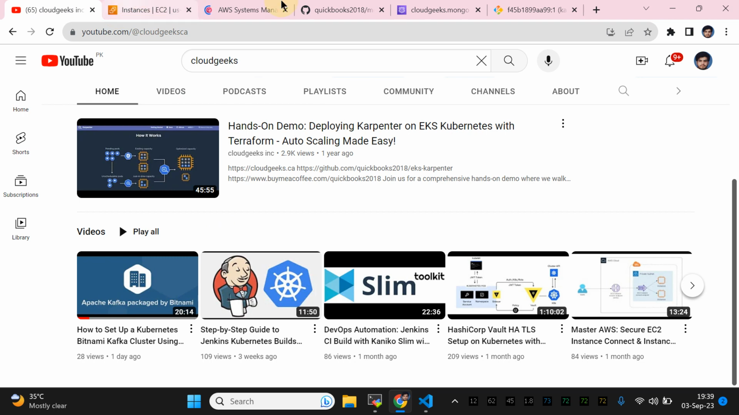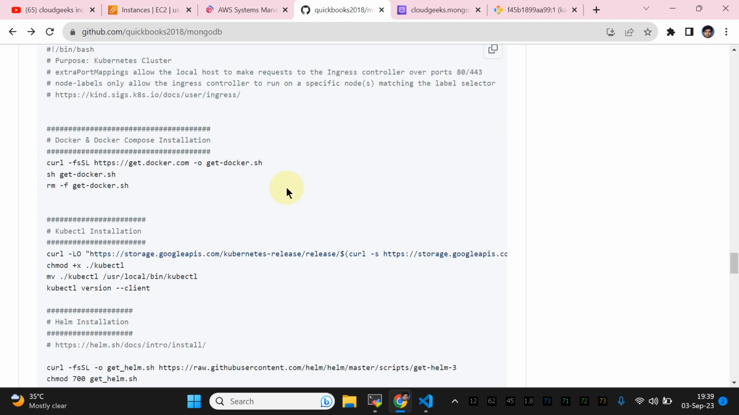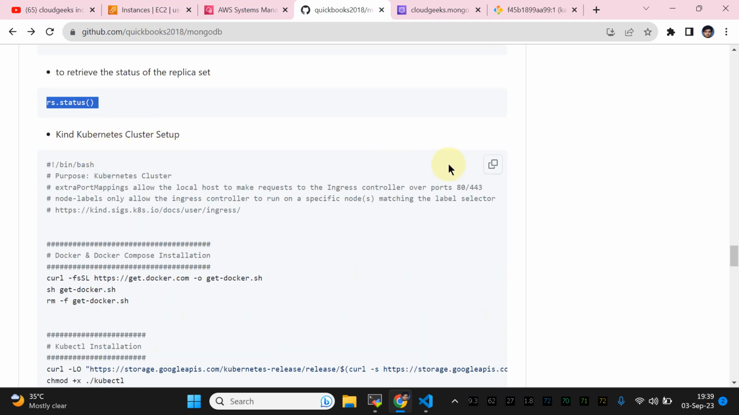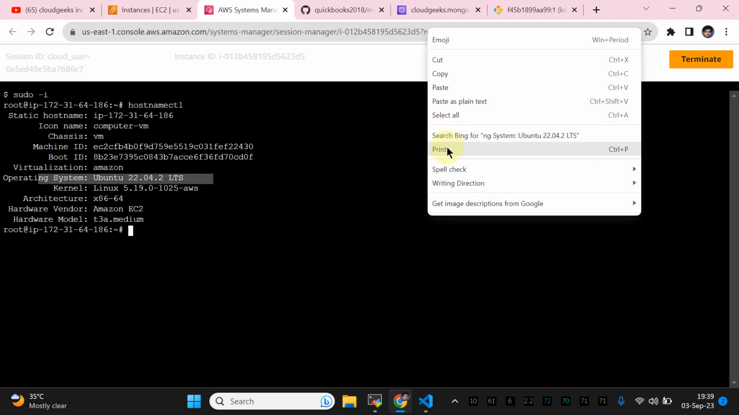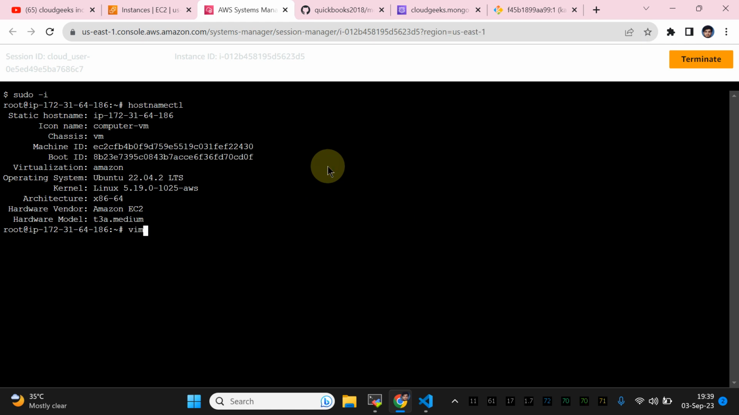So okay, for that we need to install the kind. So you don't have to do anything. You need to copy this script. Kind cluster. This is the Ubuntu machine. Let me show you. All these machines are Ubuntu 22 LTS, hostname CTL. This is the machine we are using, right? Ubuntu LTS. And what I'm going to do, I'm going to say vim